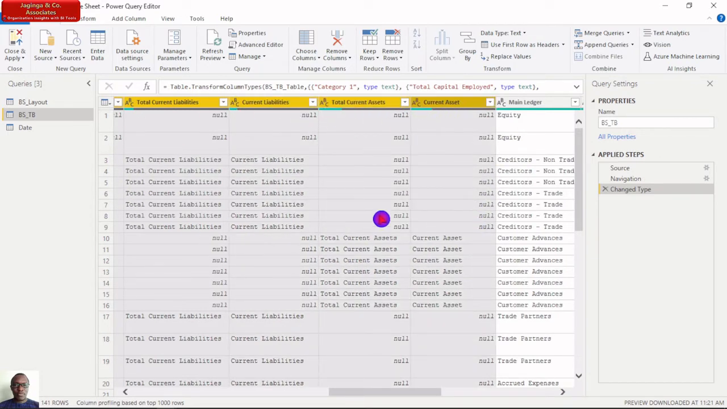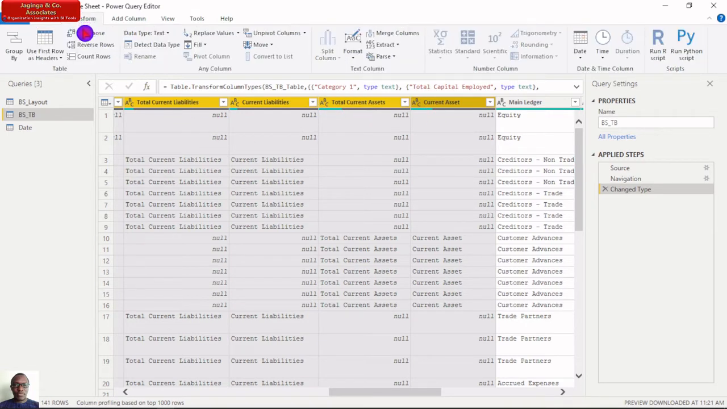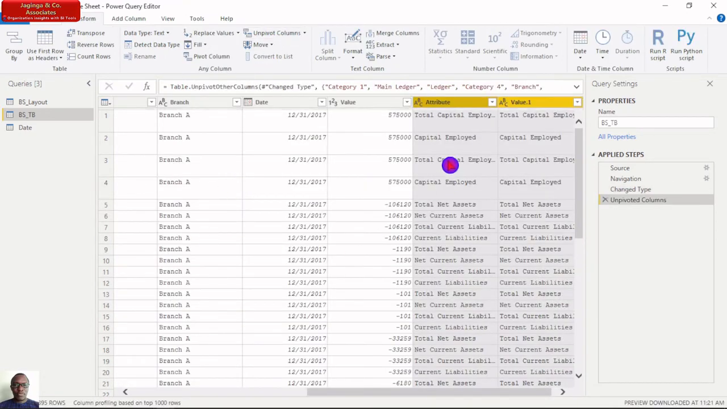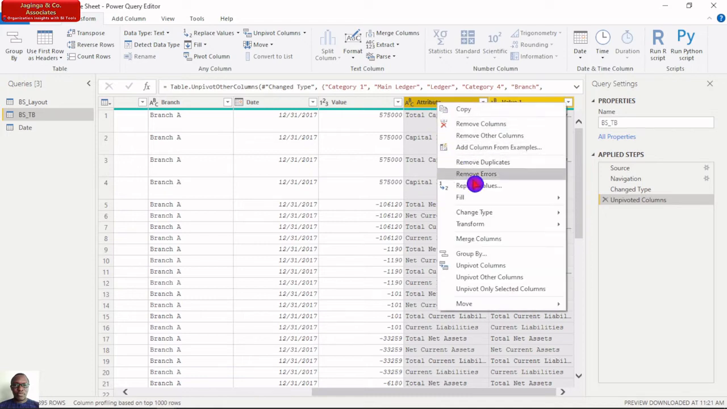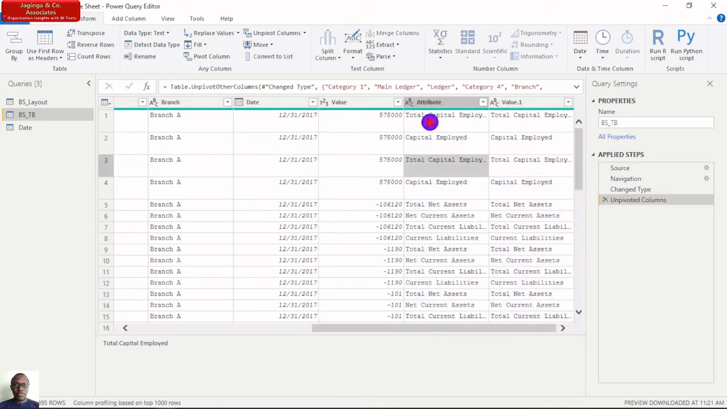So we'll unpivot all these columns. Again, after selecting all these columns, I'll click transform, then unpivot. So here we have two columns that are similar, so we'll delete one because we just need one column. Delete this column, remove column,